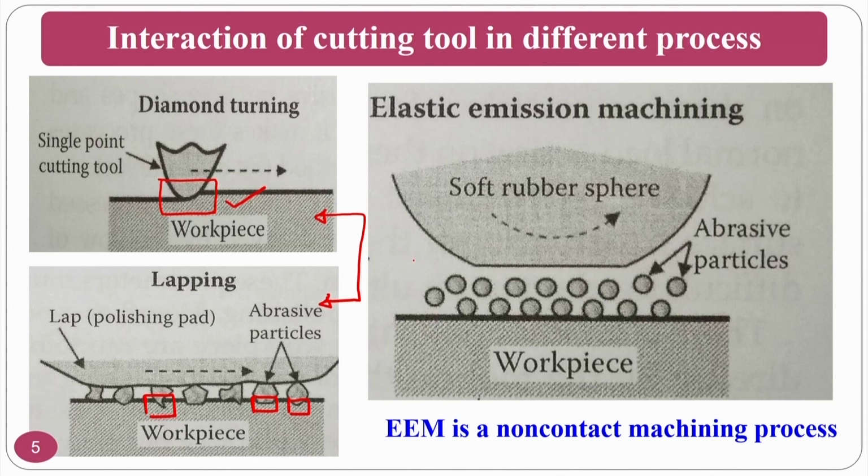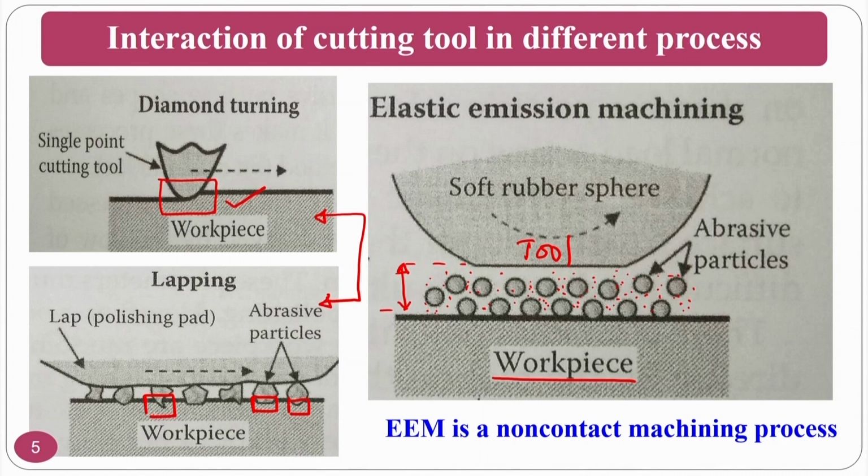If you see here in elastic emission machining, my tool is here, at the same time the workpiece is here. In between there is a submicron to micron gap. In this gap you have abrasive particles, at the same time you have the carrier fluid also. Whatever the red dots that I am putting here, along with the carrier fluid, that is nothing but your carrier fluid. Normally the carrier fluid will be water, or any other compatible liquids can be used in this particular thing.